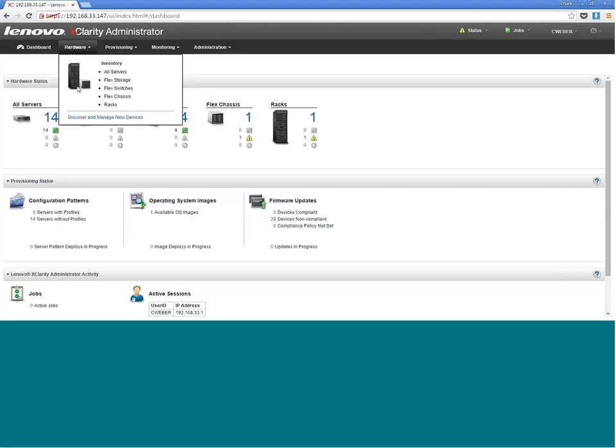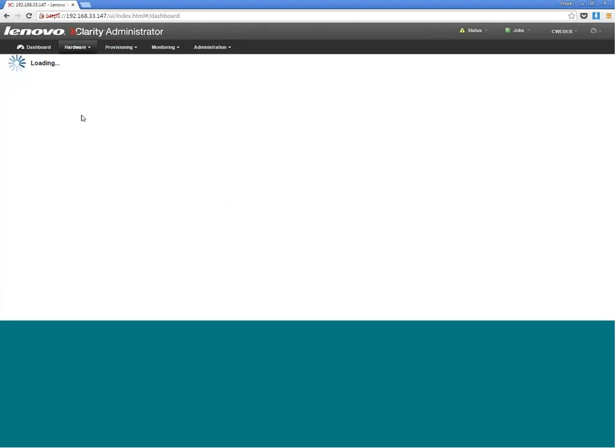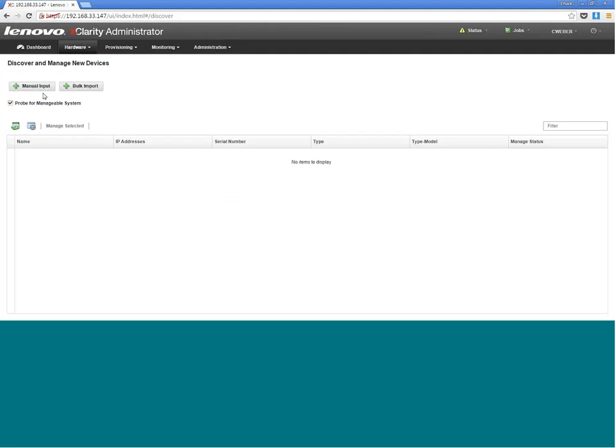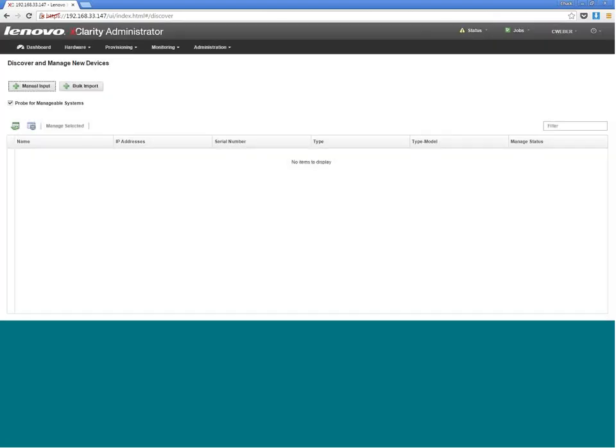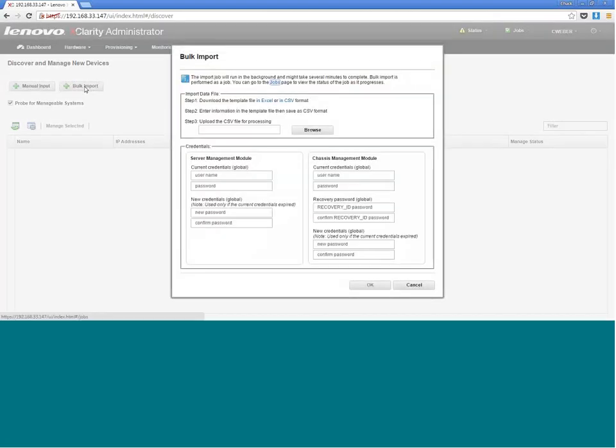And then the only other thing here on hardware is the discovery. So for manual input, you can either do a single system, or you can actually do a range of IP addresses to go search for it. There's also this bulk import, and similar to the rack, it's just a template file that you can download